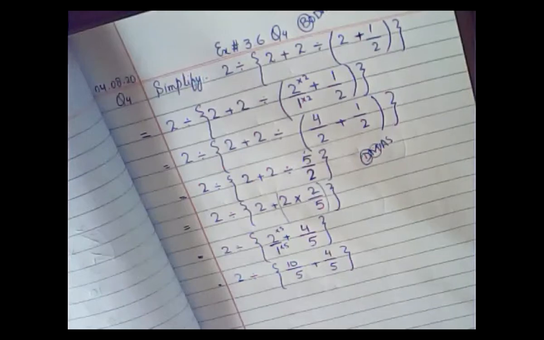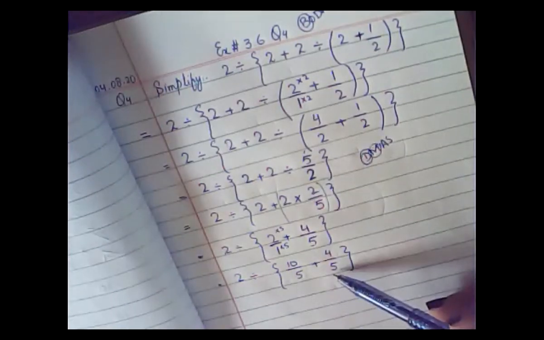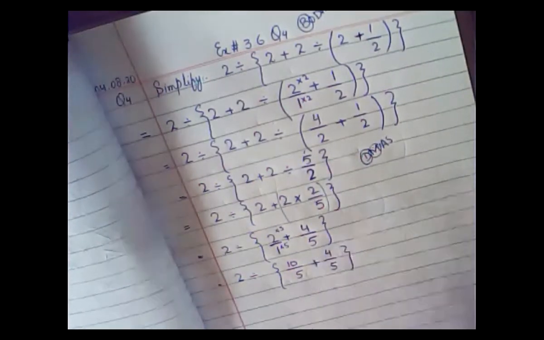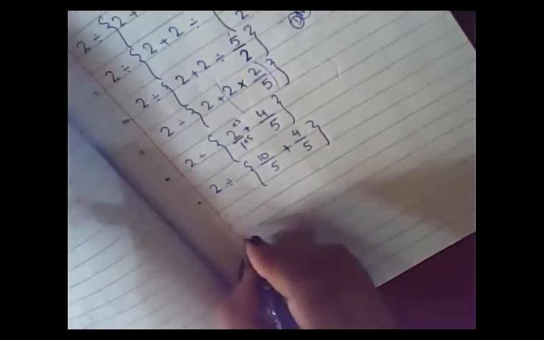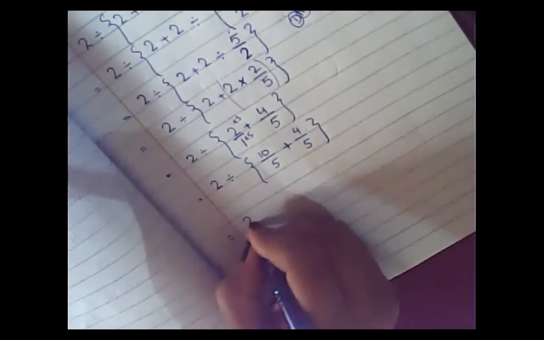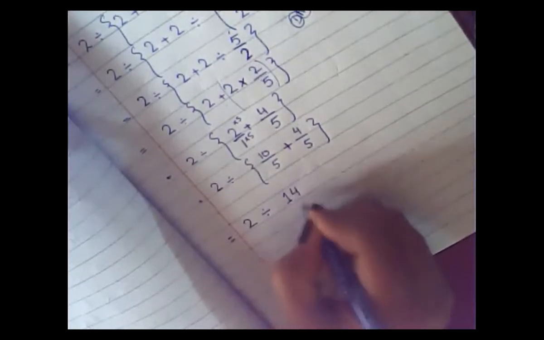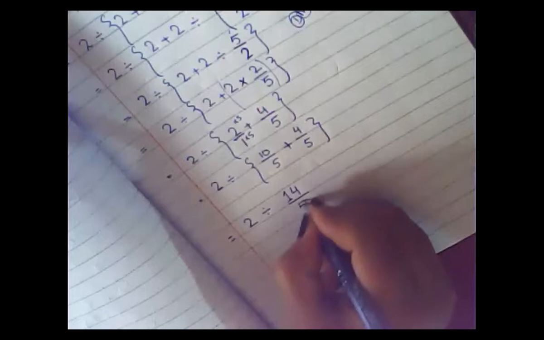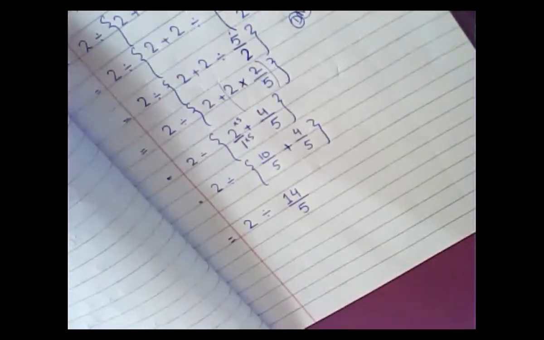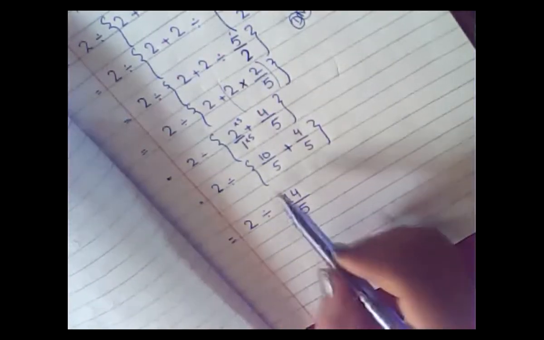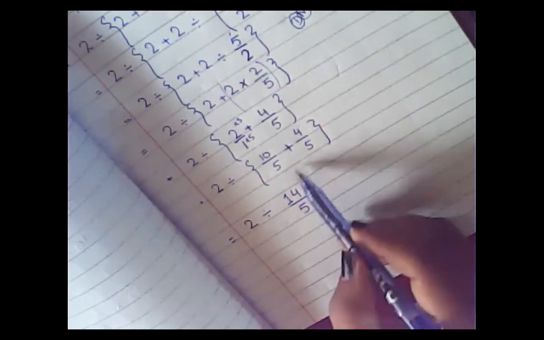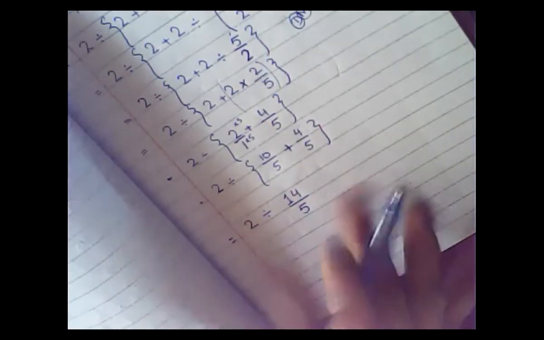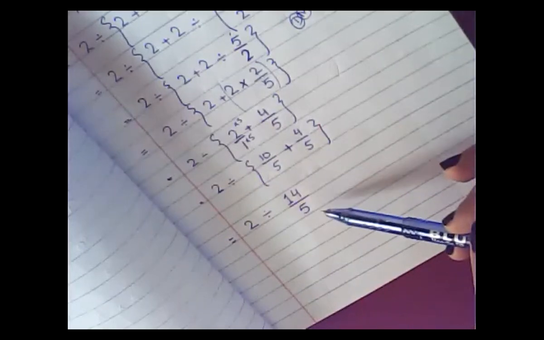Now if you look here very carefully, your fractions are like, so simply you will add the numerators. So how will you add the numerators? Look here very carefully. What will you write here? 2 divided by 10 plus 4, 14 upon 5. Now you are not going to place the curly bracket in the next step because your bracket has been completely solved here, so no need to write the curly bracket.